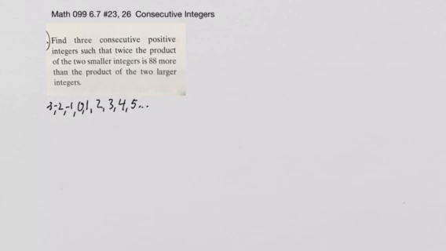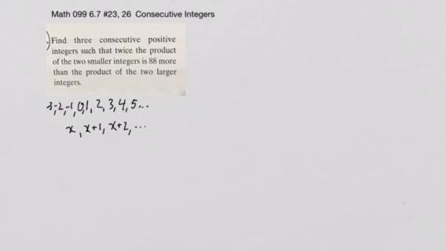So that means when we go to choose our variables, we can use x for the first integer, x plus 1 for the second, x plus 2, and so on. Now, as we get to consecutive even or odd integers on the next problem, we'll see that we have to use a different choice. This particular problem, number 23 from your textbook, we have to find 3 consecutive positive integers